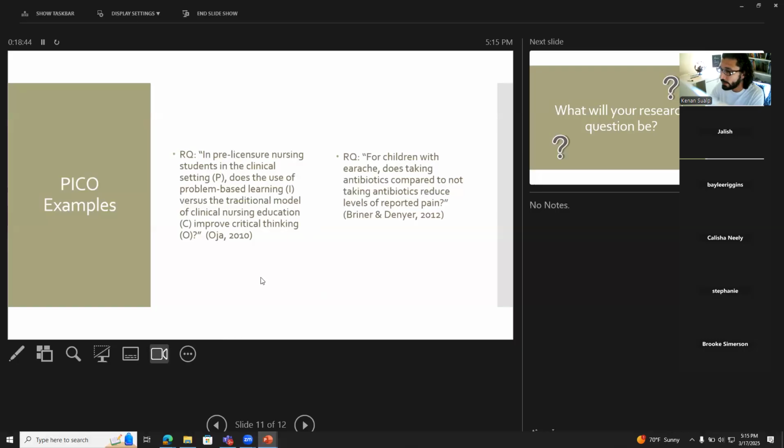Improve critical thinking. Critical thinking is the outcome that you are going to look at in this example. Okay, critical thinking. But the outcome is really important. When you are writing the outcome, if you remember at the beginning of the session, I asked you to make sure that you think about how you are going to measure it. So when you are choosing the outcome, that's when you need to be careful, because you need to think about how you are going to measure that